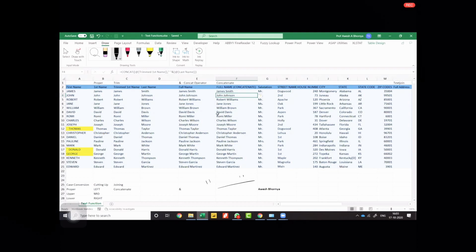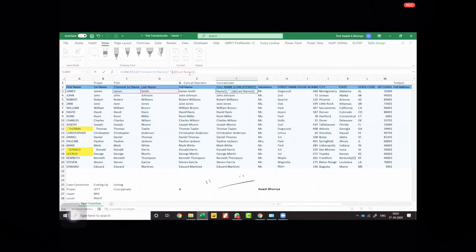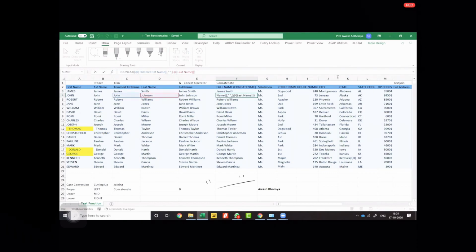It's the name of a function, concat, where you're selecting the first name and then you're putting a space in between. But how are you putting the space in between? You're putting in a double quote and then you're putting a comma, because this is text 1, this is text 2 and this is text 3. You can add as many text strings as you want, up to 255 at one go. I think that's what you can actually add. I haven't actually tried it out. But yes, you can do that.